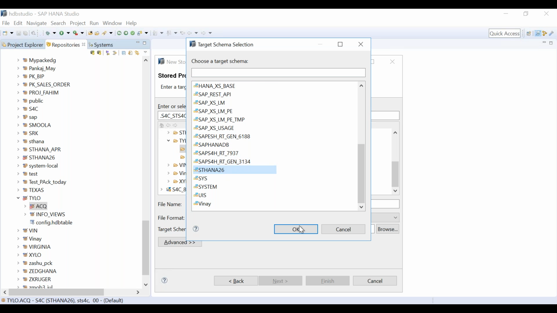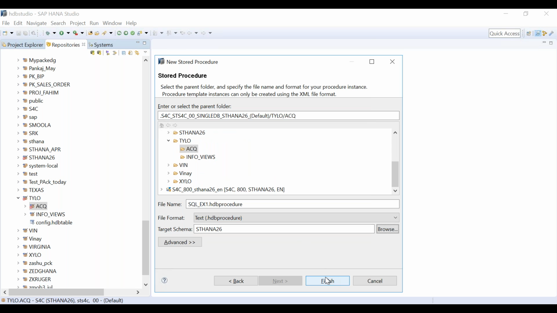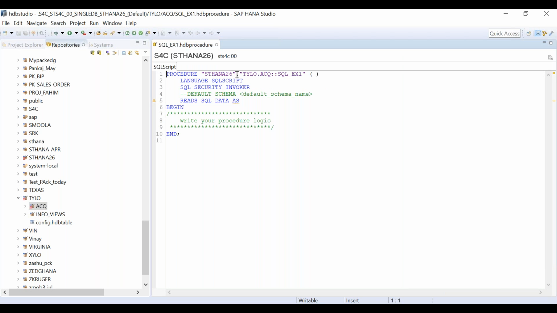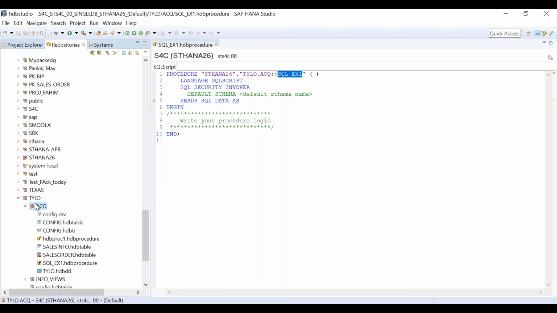ST HANA 26 will hold this, and click on finish. So ST HANA 26 is my target schema. And where is my procedure? Procedure is under Tylo package. Under Tylo, we have ACQ, and under ACQ, we have this procedure name. Very simple. Let's confirm this thing. Under Tylo, under ACQ, you will have SQL underscore EX1.